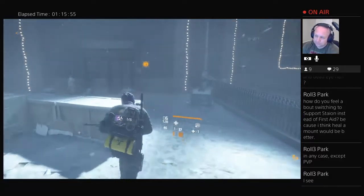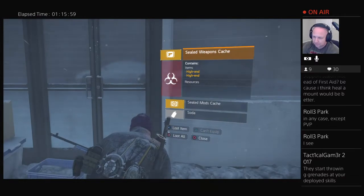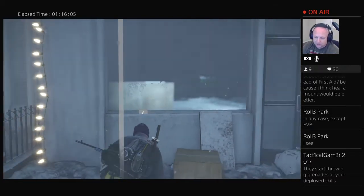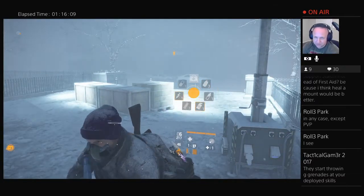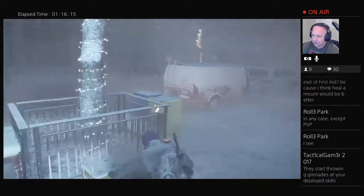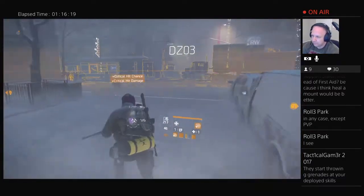So, does that make sense? Exactly. So that's not a problem with actually using a support station. That's a problem with NPC scripting, which I've had problems with since day one. You know, the NPCs are basically if-then objects, right? If you put...